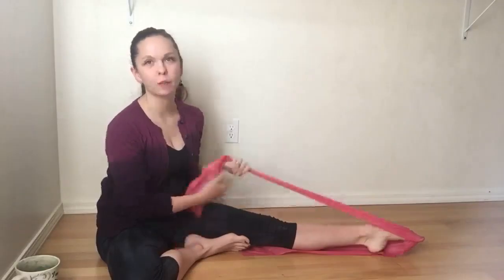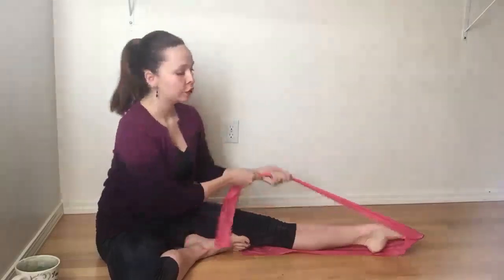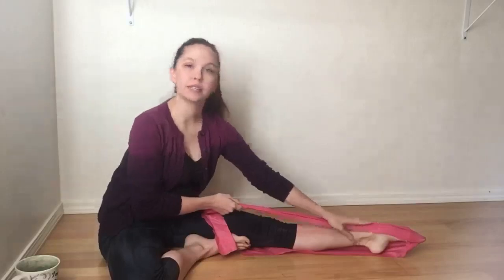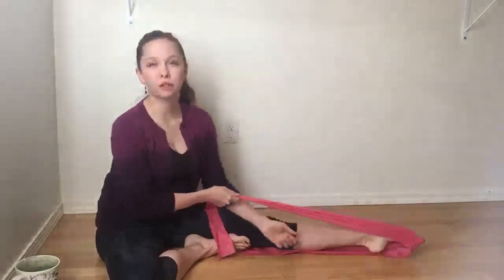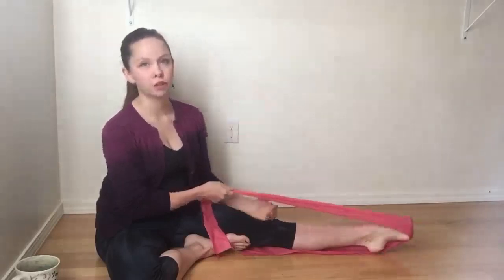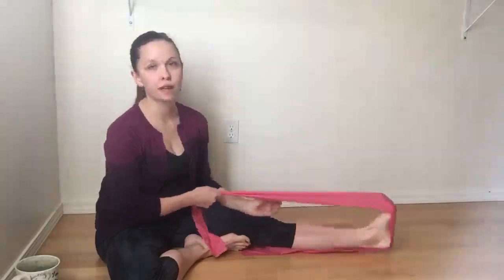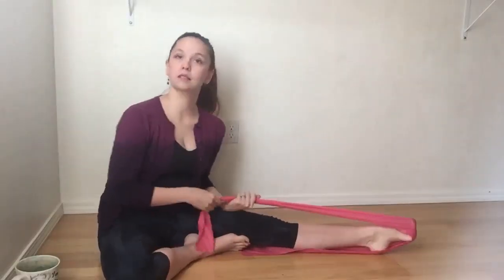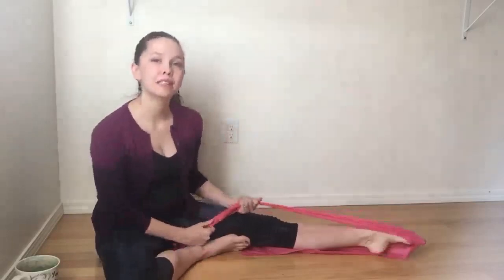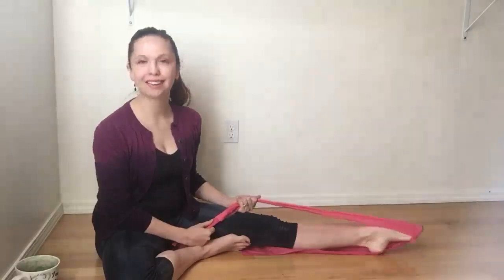8. Okay, so the next thing that we're going to do is just demi-points. So you're going to keep your foot in a pointed position, and we're just going to release the toes and then go back to point. So I call these like toe sit-ups. You're just doing your toes pointed to demi-point. So you never come back to that full flex yet. Just keep it here. And point, and 2, and 3, and 4, 5,